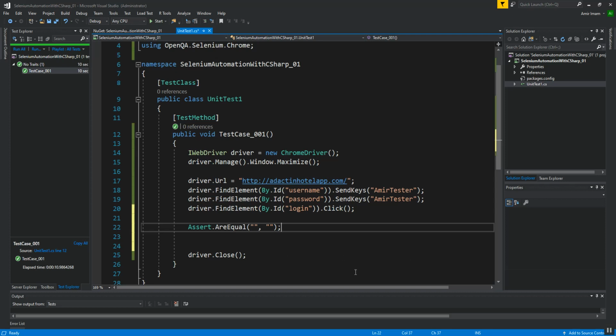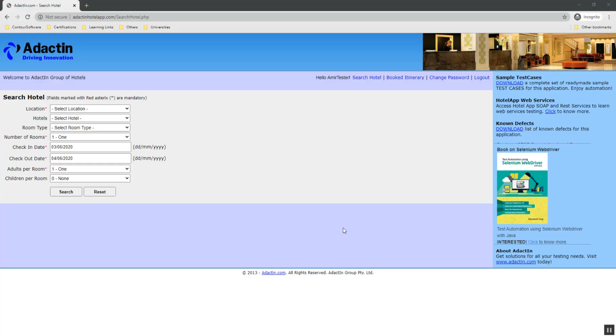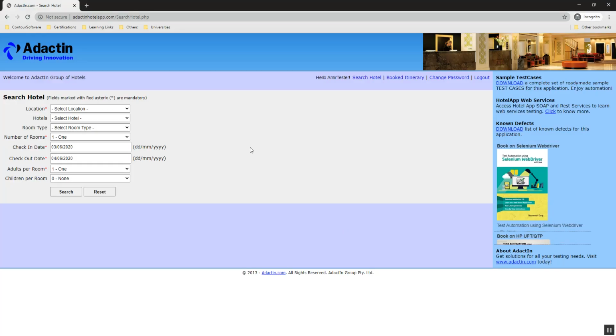So let's move to the website. For the validation or assertion of a successful login, I have some options: I can choose this welcome message, or I can use the hello username as well.